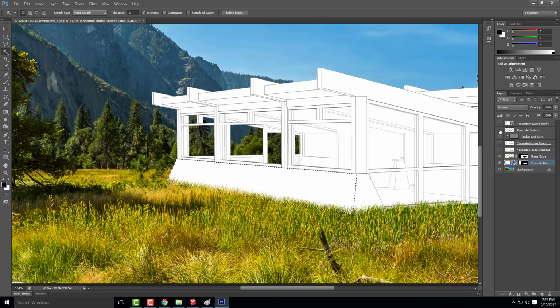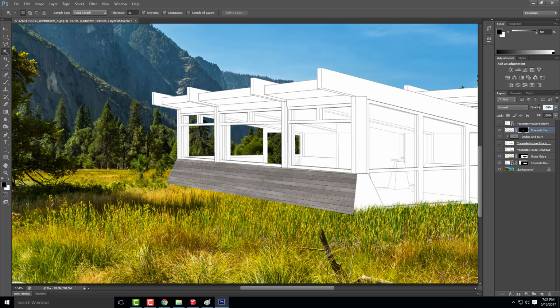I will then turn on the concrete texture and we will add our layer mask, okay? So then it applies the texture just to the area that we're working with, all right? From there, I can go ahead and turn the opacity back to 100 so that I could see the texture a little bit better. And I'm going to want to make sure that I bring that texture below the grass